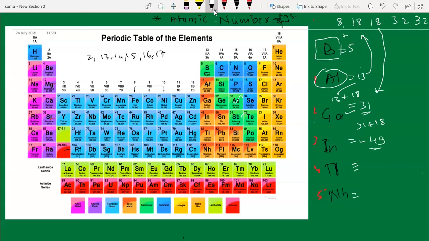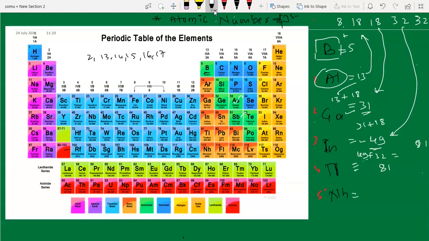To get the atomic number of this one, add this 32 to 49, so that you will get 81. You can see 9 plus 1 is 10, 4 plus 3 is 7, only 81.